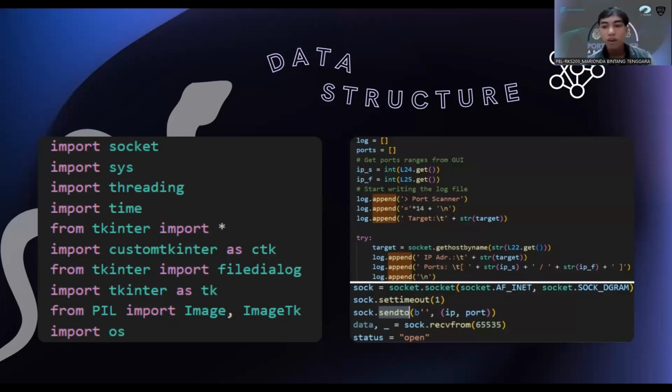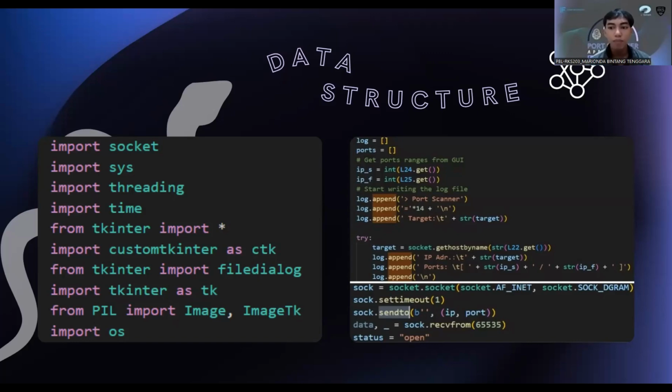The program code of our application is written in Python and includes several modules, including socket for network communication, sys for interface access and path manipulation, threading for managing parallel execution threads, time for time measure and control, file dialog for GUI file management, standard dialog, and PIL, or Python Imaging Library, for advanced image manipulation tasks such as resizing and applying effects.